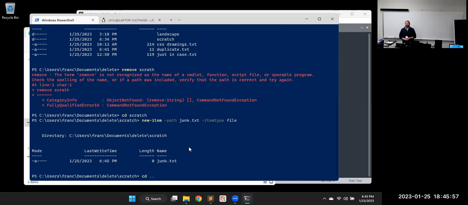If I go back up a level, dot refers to your current directory, and in all of your terminals, dot will refer to your current directory. That way you don't have to type in the whole address, because those get really long sometimes, right? So dot is the current directory and dot dot is the parent directory, so you can go back up that way. You can't go more than one step at a time.